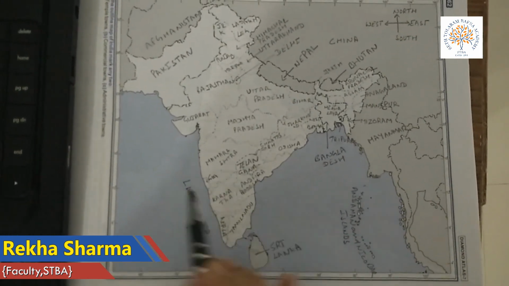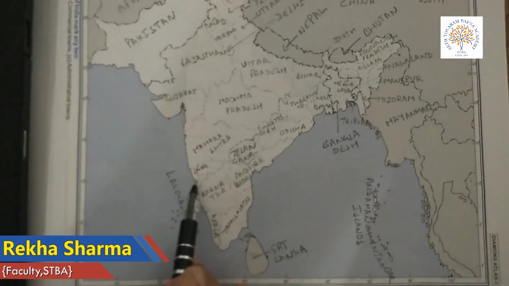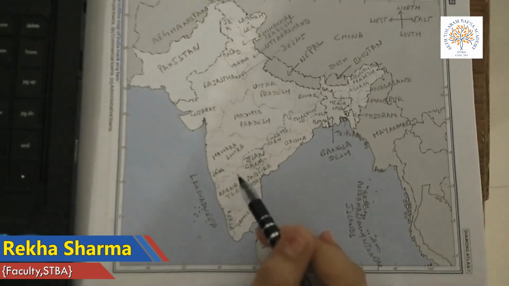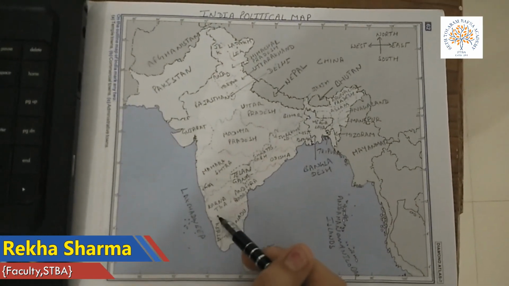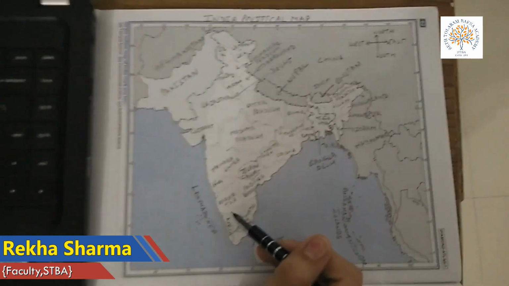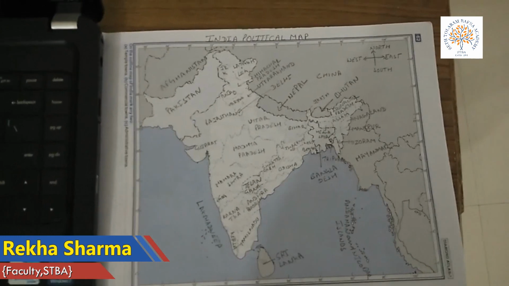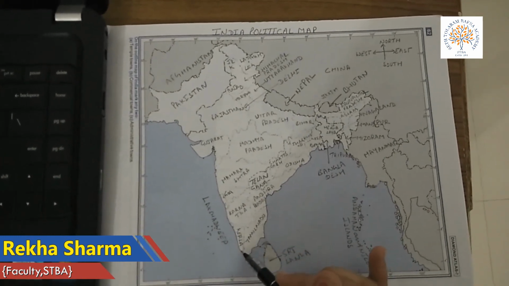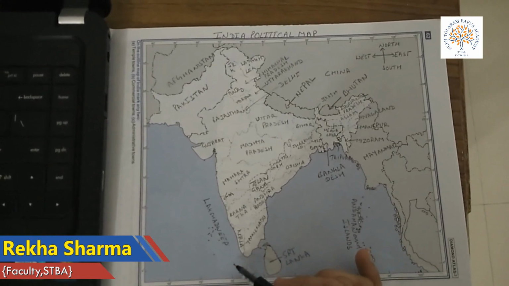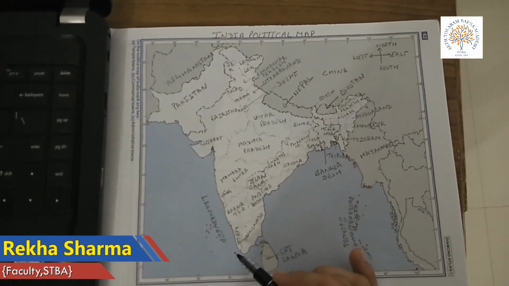After this, you can see the smallest state of India, that is Goa, and its capital is Panaji. Now coming down from Goa, there is the state Karnataka, which is also known as the IT hub of India. Bengaluru is situated here. Now there is a state at the corner known as Kerala. Its capital name is a little longer. The name of the capital of Kerala is Thiruvananthapuram.